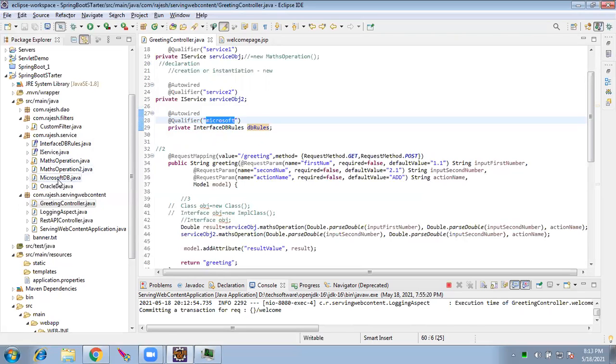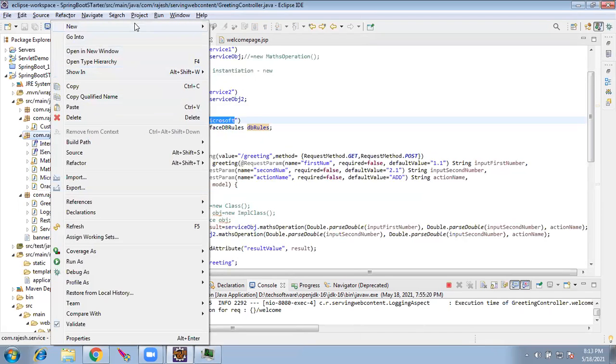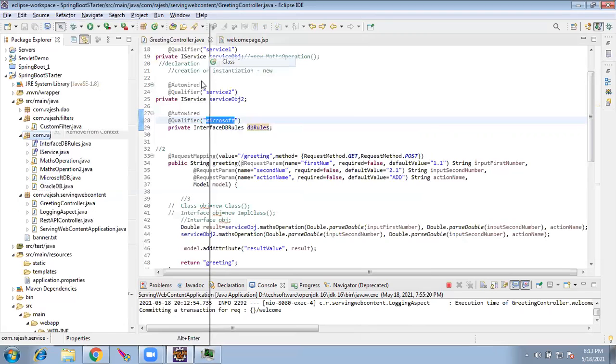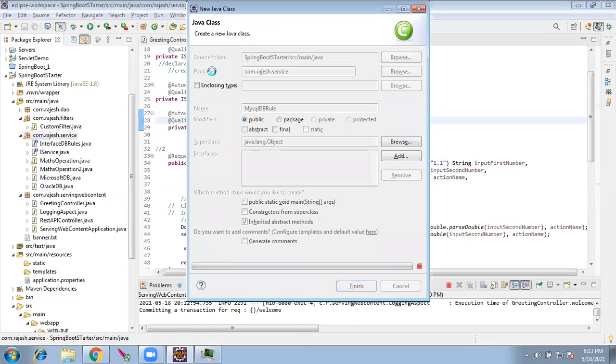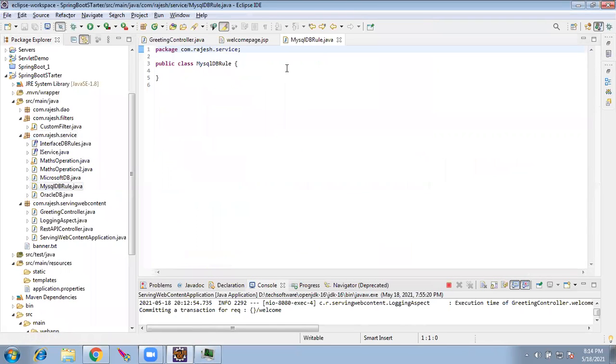Now, besides Oracle and Microsoft, I want to create one more file, which is MySQL DB rule, because I want to connect to MySQL. So this is going to implement the interface DB rule.